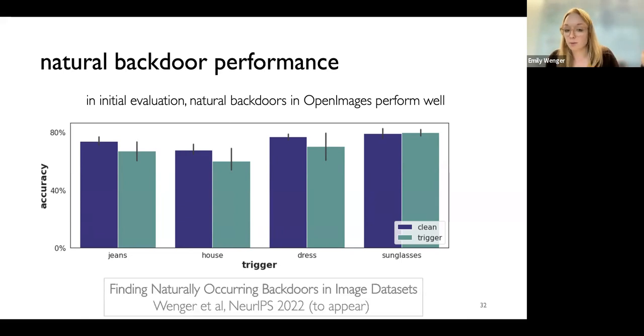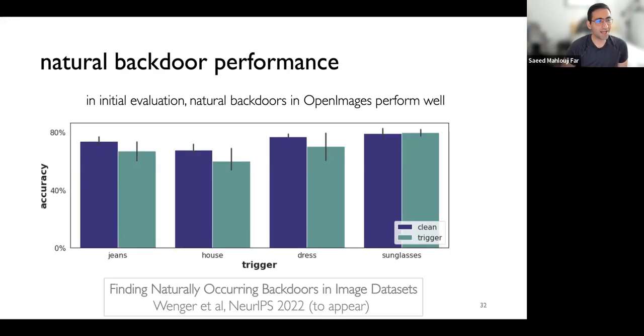Actually, we just found out that this paper got into NeurIPS, so we'll be able to share more about this soon, and I'll have more robust slides now that I have to make some for the presentation. But yeah, we think this is a really interesting direction to go forward because it opens up a lot more interesting research, and we hope that people will follow up on it. And the code is available online, so you can play around with making your own natural backdoor data sets if you're so inclined.